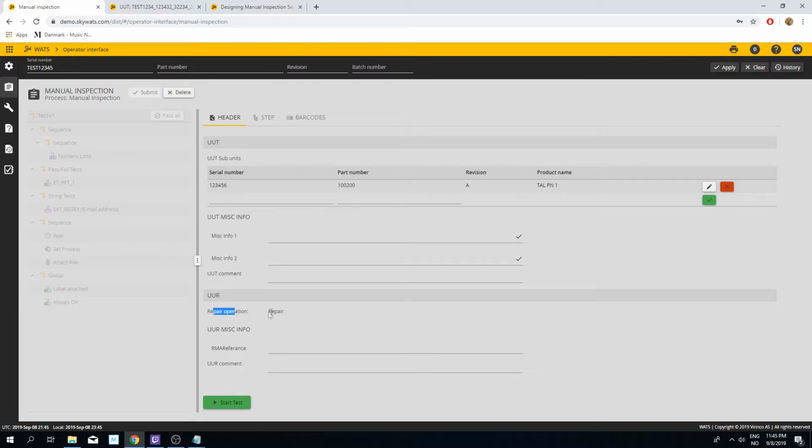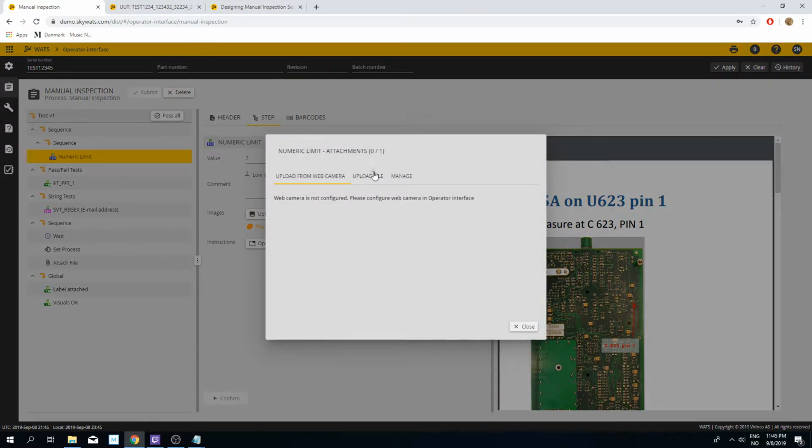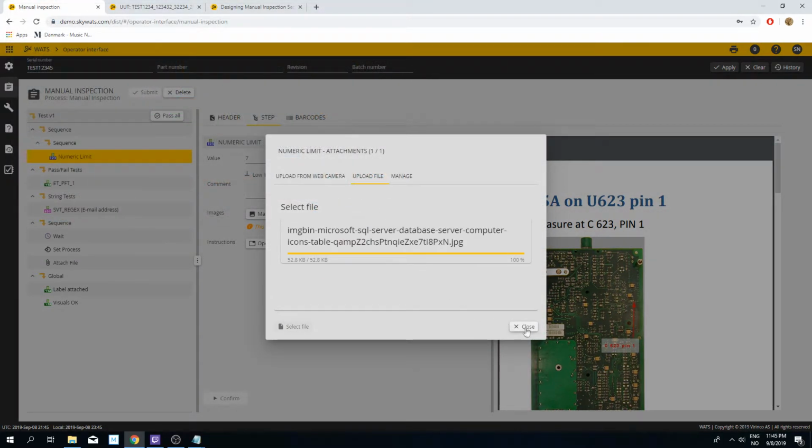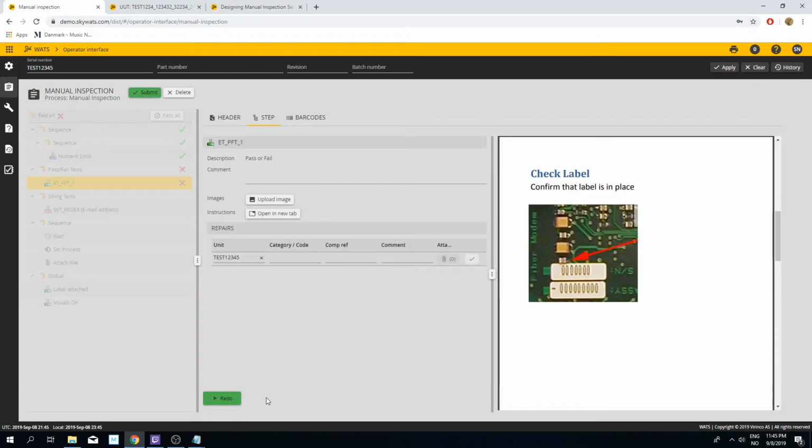You can also see that the repair operation has been statically set to repair, which we did in our sequence. So let's start the test and let's just get this one over with. Let's say this step works and we get a valid value, but then this one fails. You see that the sequence locks and the repair dialog opens up. So you have the option to submit the report at this moment, but you also have the option to complete a repair. So let's say that label is not there. And then we submit the failure. We can now submit the report,